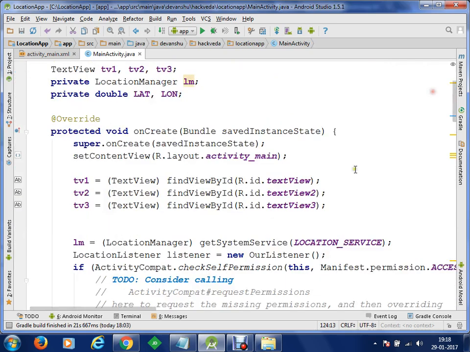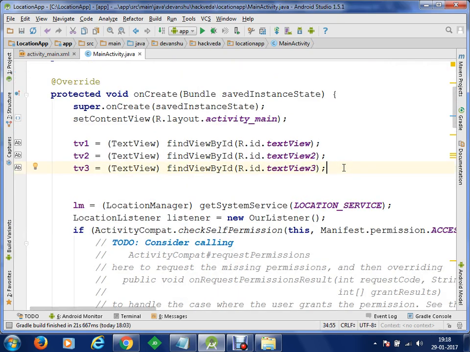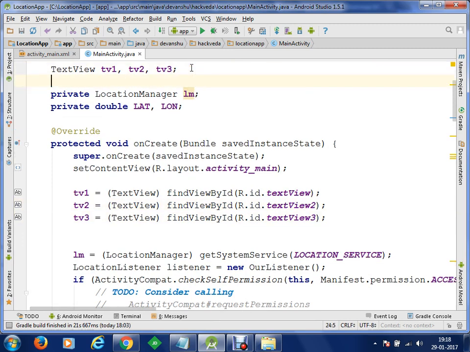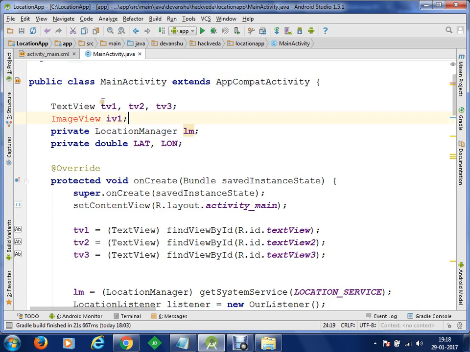Now we're going to refer to our image view control here. I'm going to create an object for my image view, and I'm going to call this object iv1. I'm going to import ImageView using Alt+Enter.